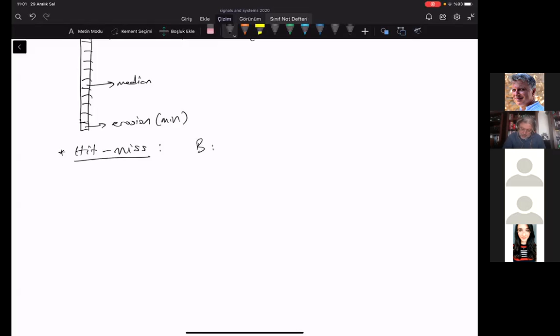So B in general consists of an object mask as well as a background mask. And the hit miss operator will be notated by this circular convolution like notation. X operating with a mask set of B is equal to